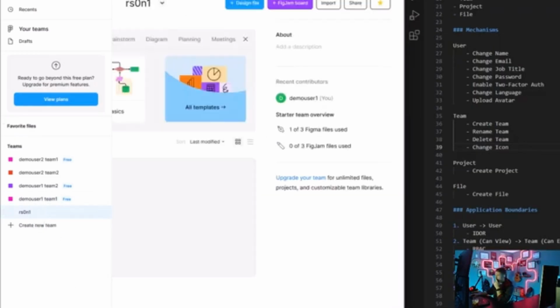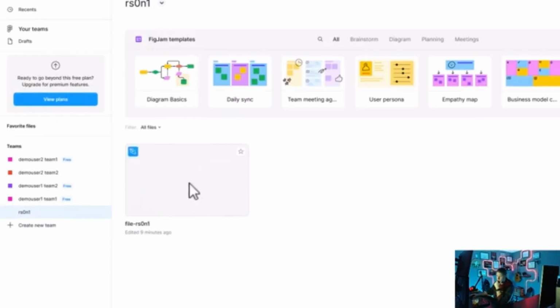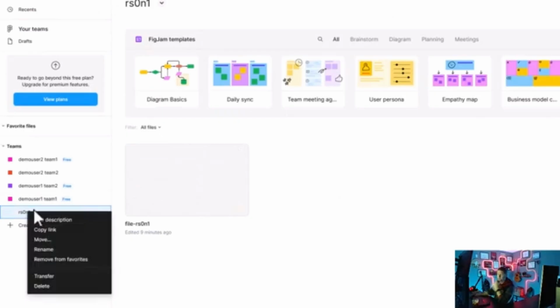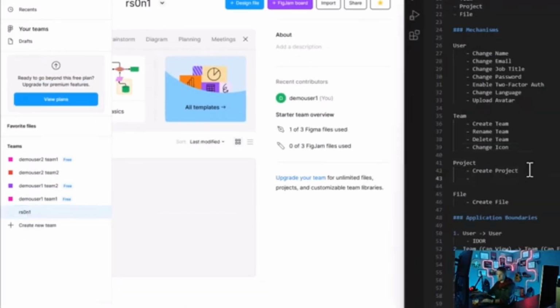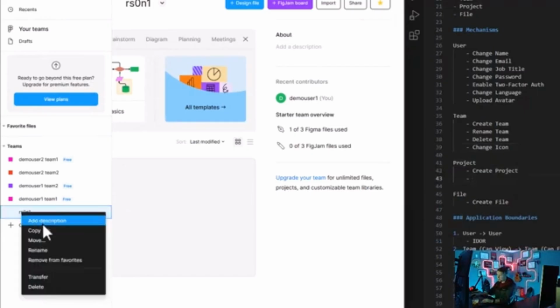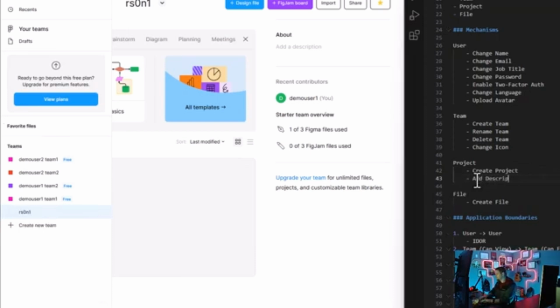Now if we come down here, we've got the actual project. So this is the project itself, or the larger project. We can right click on this, and once again, we've got several different mechanisms. We can create the project. What do we have? We have add a description. We have move, rename. Right, so update. It's definitely an update, but it's updating the